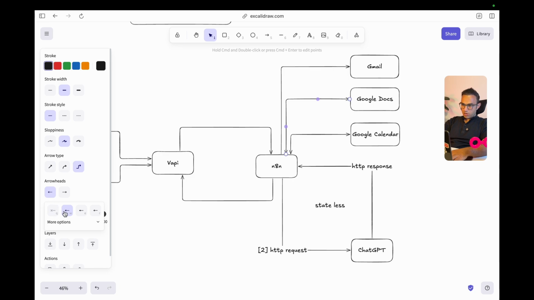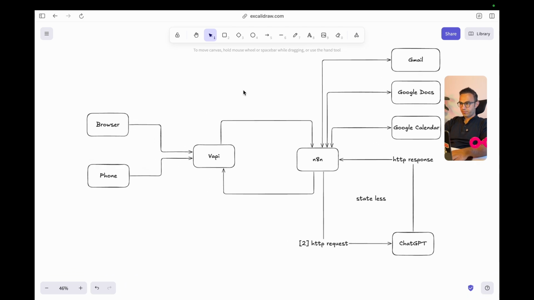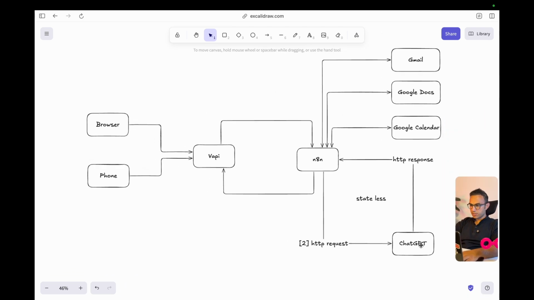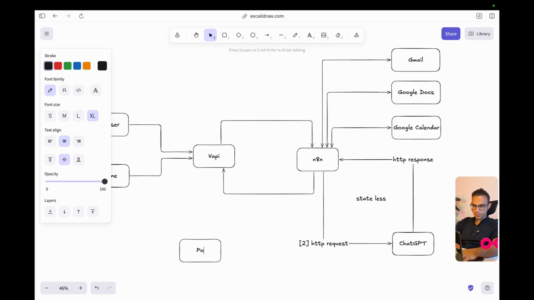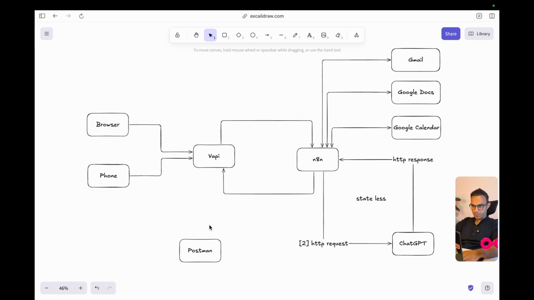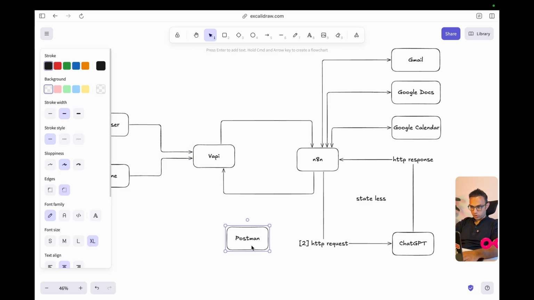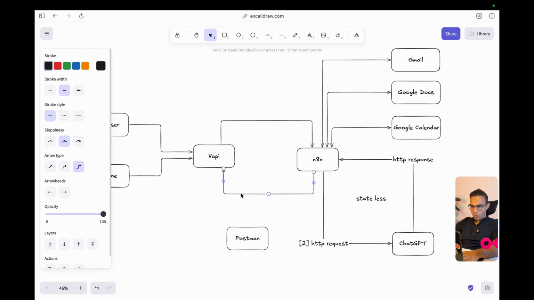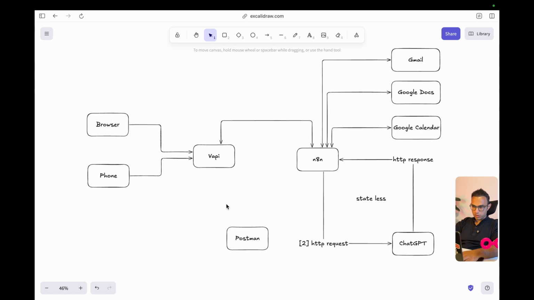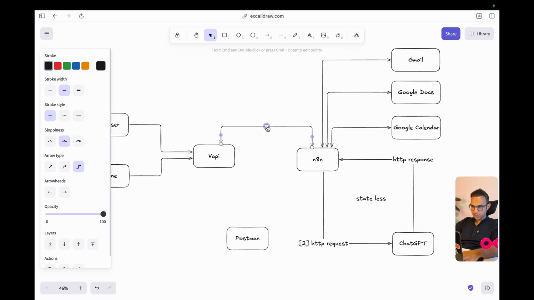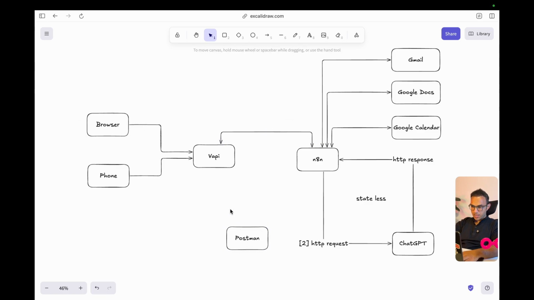All right, so we're going to start by introducing Postman in this diagram. Where does Postman sit? If I put Postman here, what is Postman? Postman is a developer tool. Let's say this is a bidirectional arrow as well; it basically sends HTTP requests and responses.